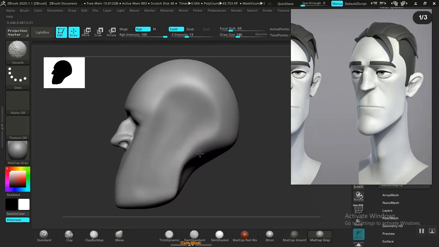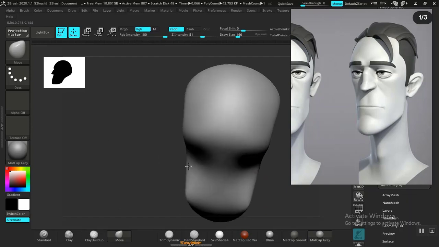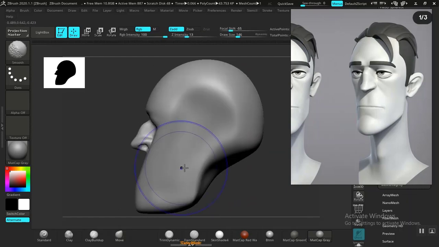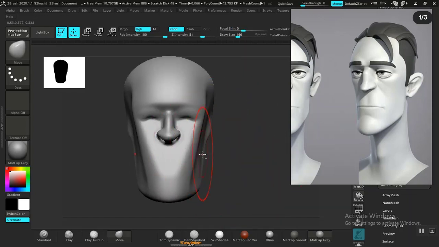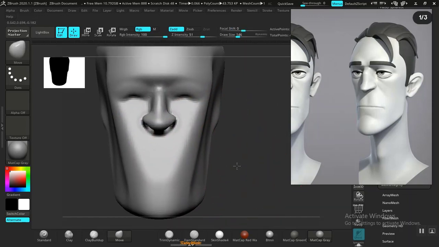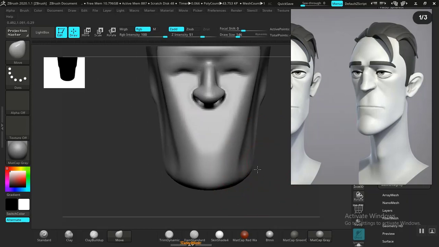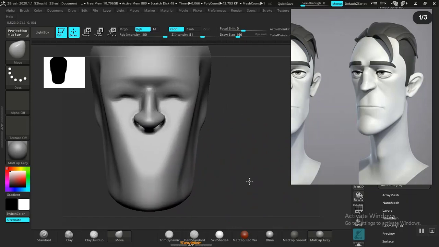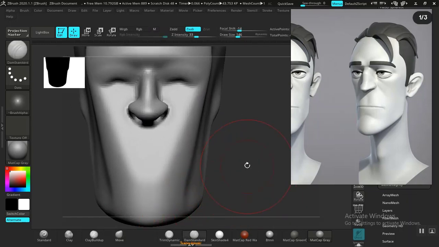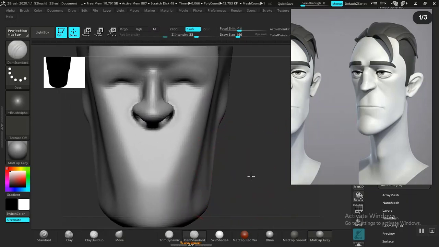Try and get more of a sharp angle to it. Okay. And now I'm going to use the Dam Standard brush to